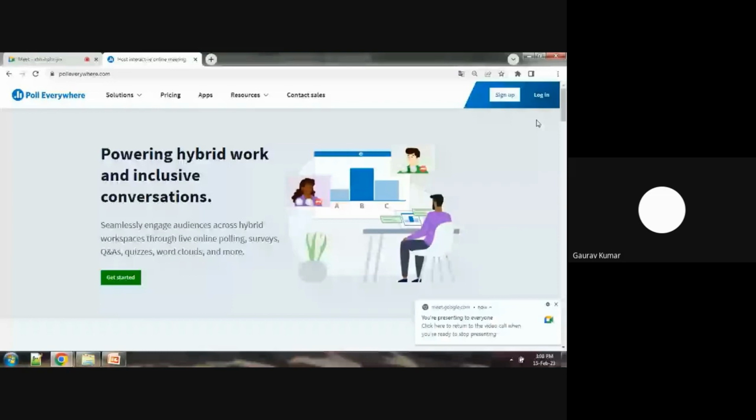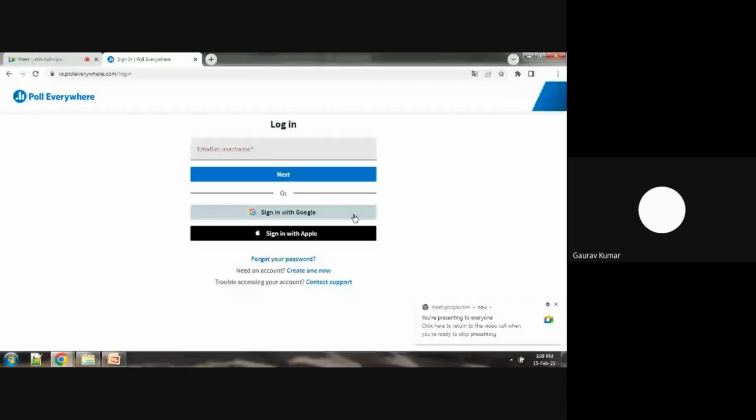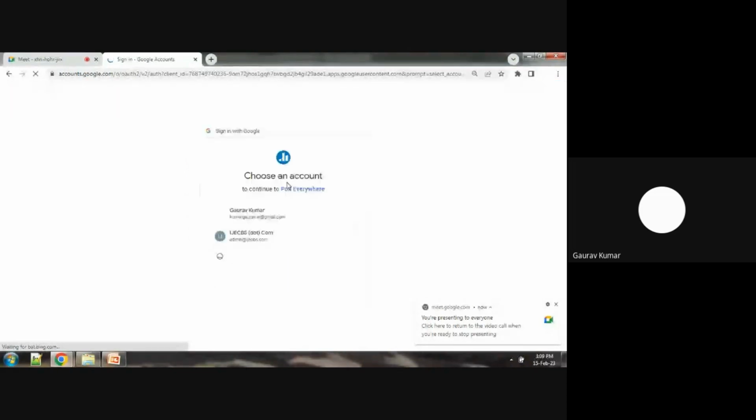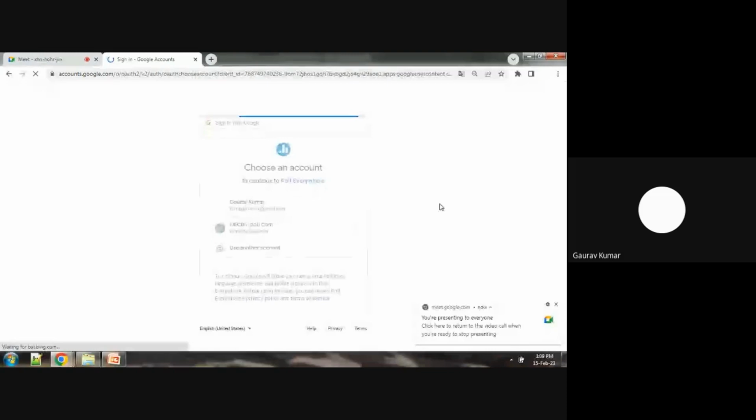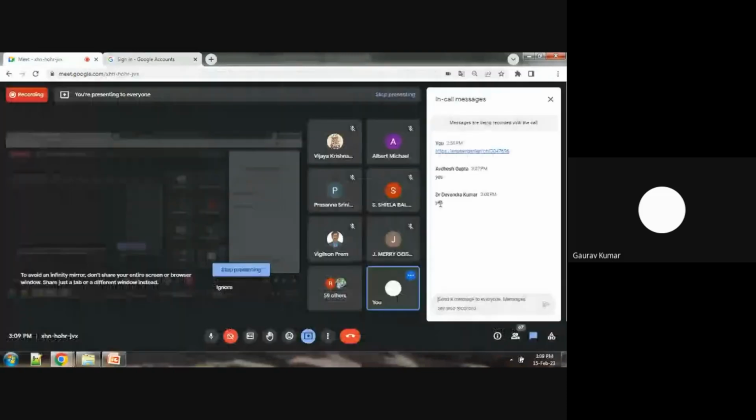So rather than that, we can adopt sign in with Google, which is quite a secured option, and we can sign in here. So I am also using the same feature to sign in with Google,